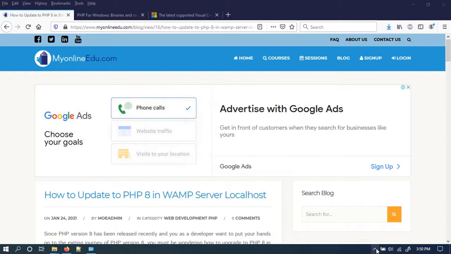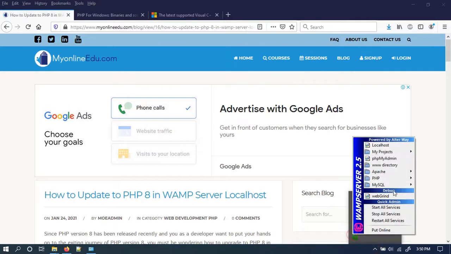If you have not seen our video on how to install multiple versions or how to use PHP 7, I will be giving the link in the description, but do watch this video for upgrading or updating your PHP version, basically including PHP version 8 here. So at the end of the video we'll see that PHP 5 is there, PHP 7 is there, as well as PHP 8.